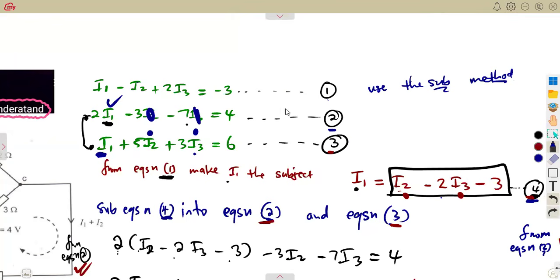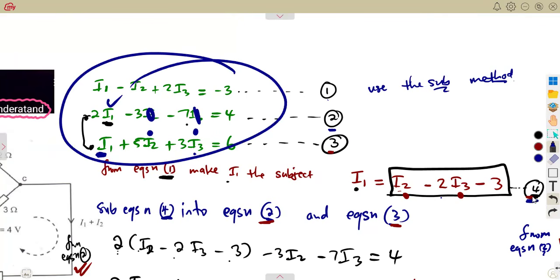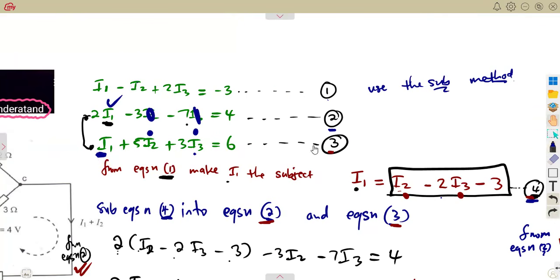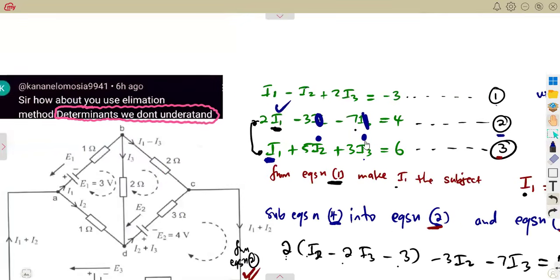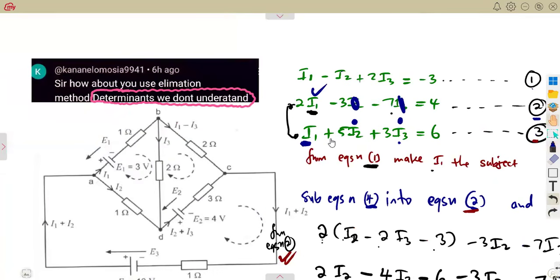So this is how we could have solved these simultaneous equations from the one that we had of the determinants. We could have used this part. So I do not know if we are answered. If not,